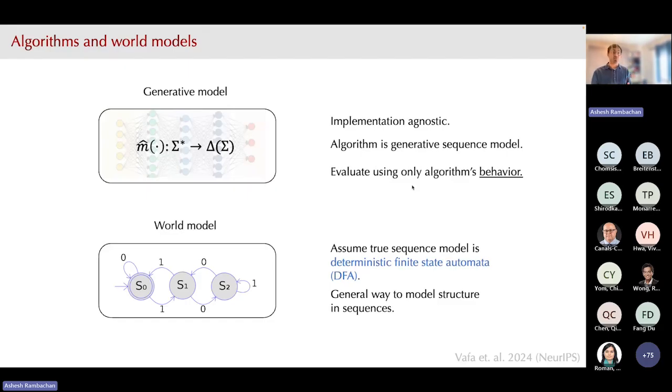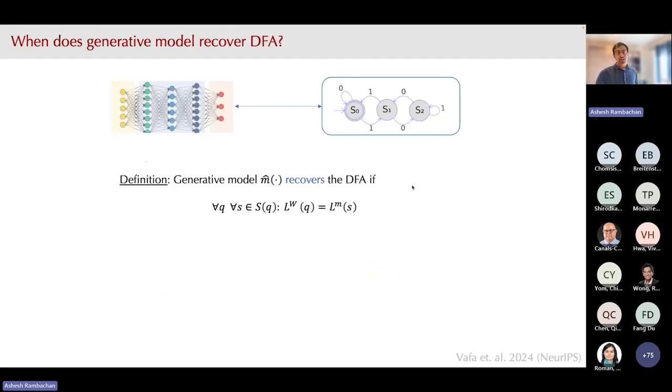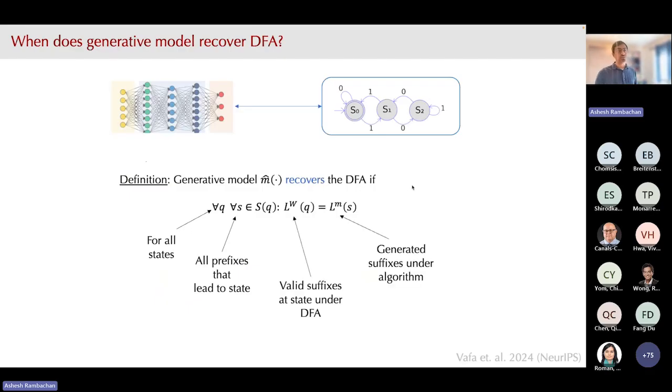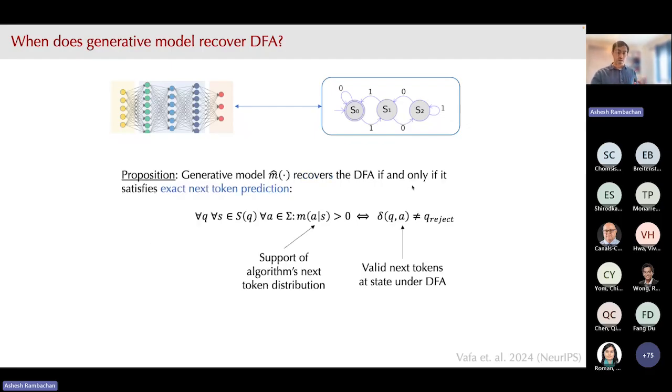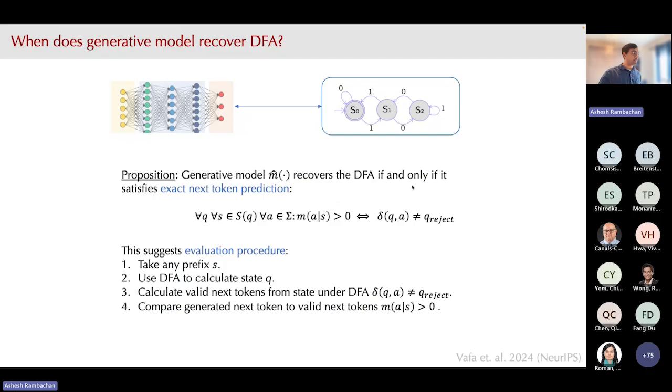You could think of this as sort of a hidden Markov model where there are some unknown states to us. As you transition across states, tokens or strings are being generated, and that produces the language or text that we observe. Now, once you write this down, you can then introduce definitions of what it might mean for a large language model, or really a generative sequence model, to recover the underlying DFA. When is identification possible? And we provide some results about that in the paper.